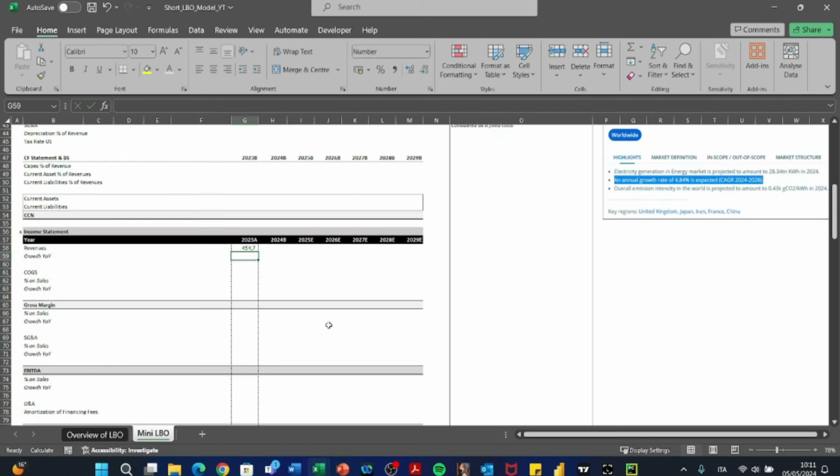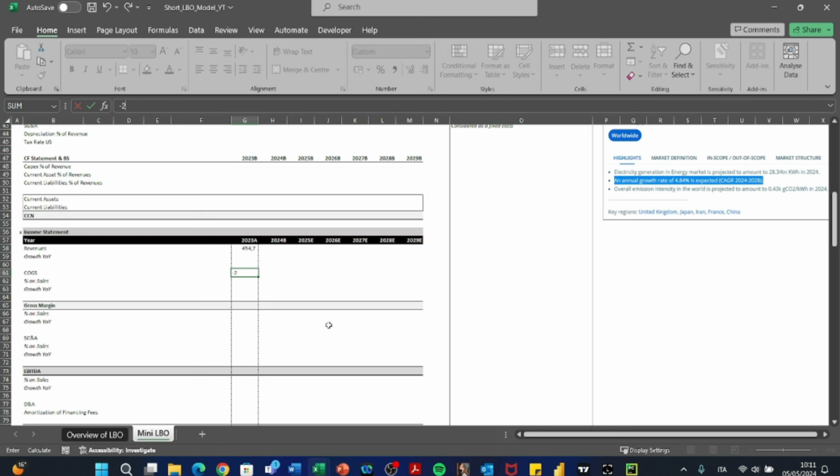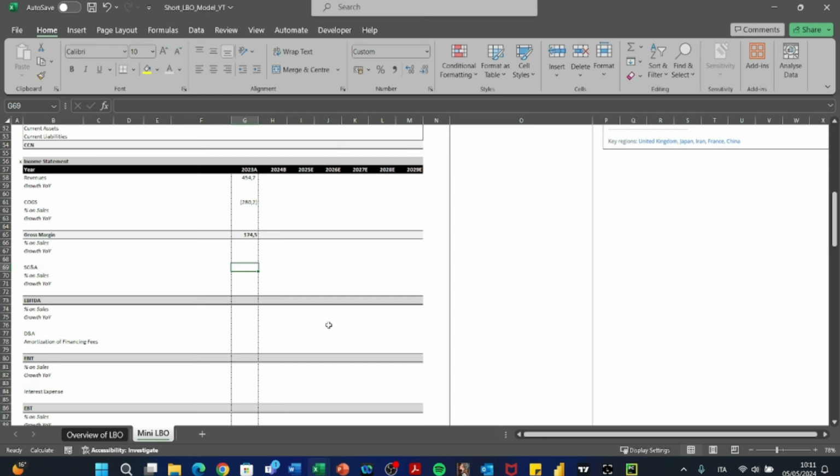4.7, maybe 8.2, it took a while, then SG&A, which stands for selling, general and administrative expenses, equal to 1.7. Our EBITDA will be the sum of the two. We're going to have D&A about